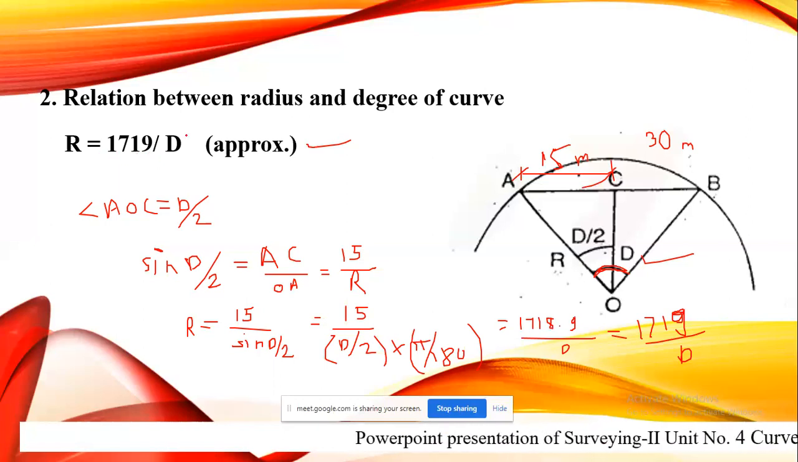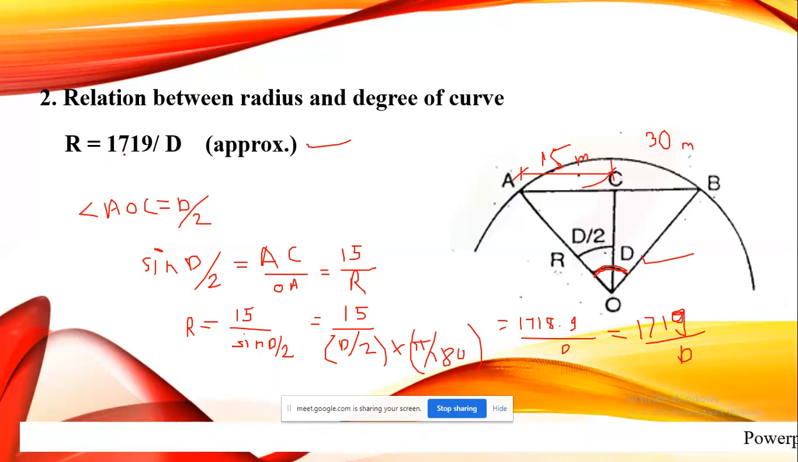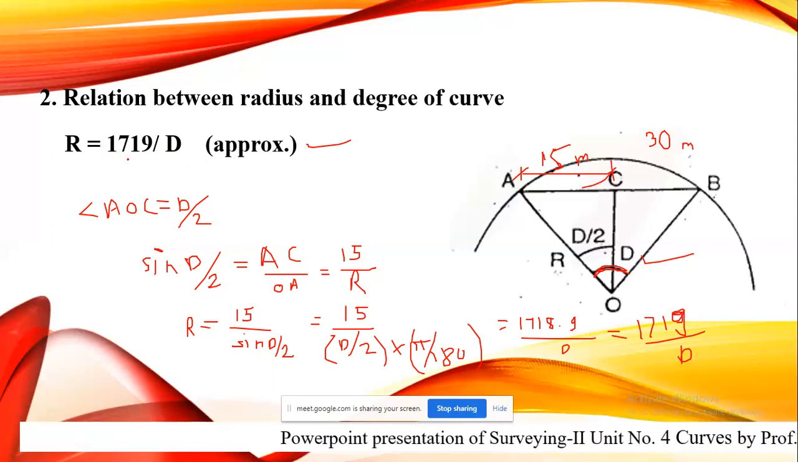So when you know the degree of curve, just put the value. When it is a 1 degree curve, 1719 divided by 1 will be 1719. When it is 2 degree, just put the value of D equal to 2. You will get the radius of curve. Moving further,